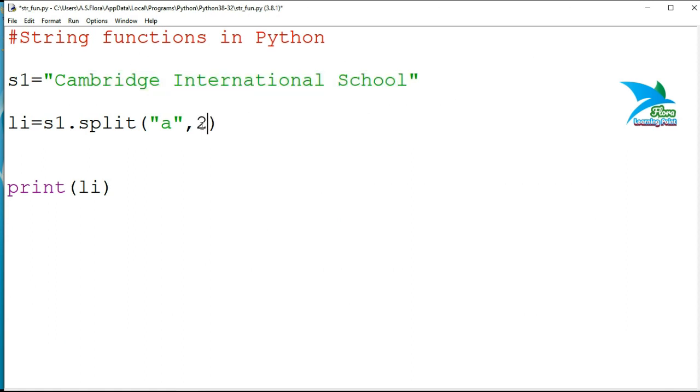So if I add 2 as a second parameter, it will make two elements after the first occurrence. For example, before this one is the first occurrence, so after the first element, it will make two elements: one from this position to this, and second from after that to the end.